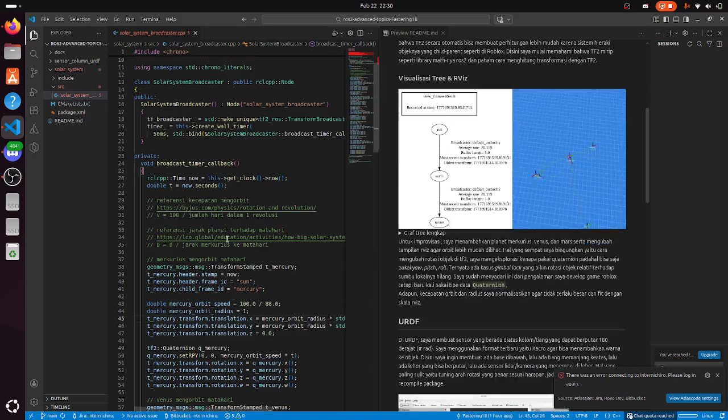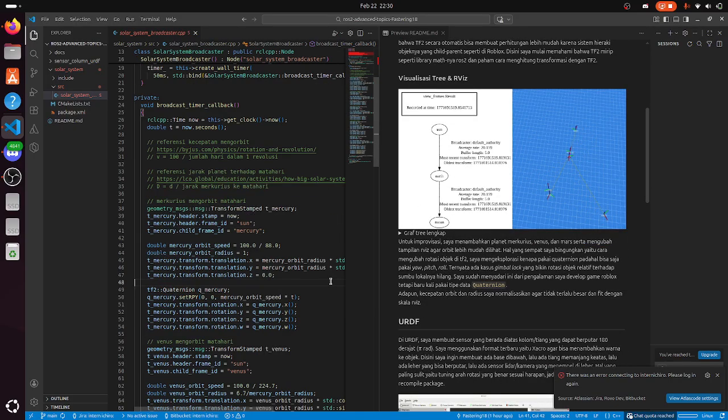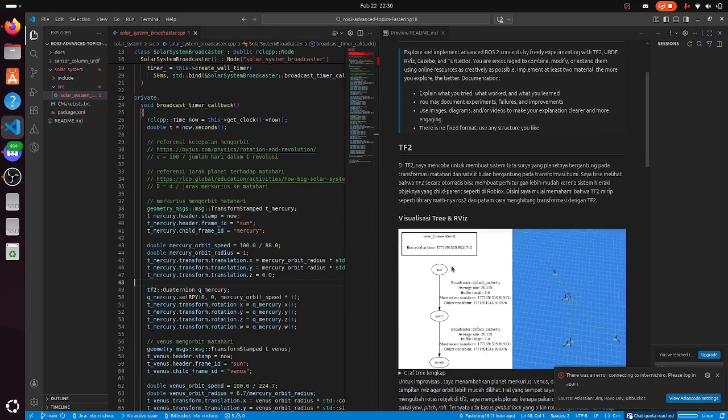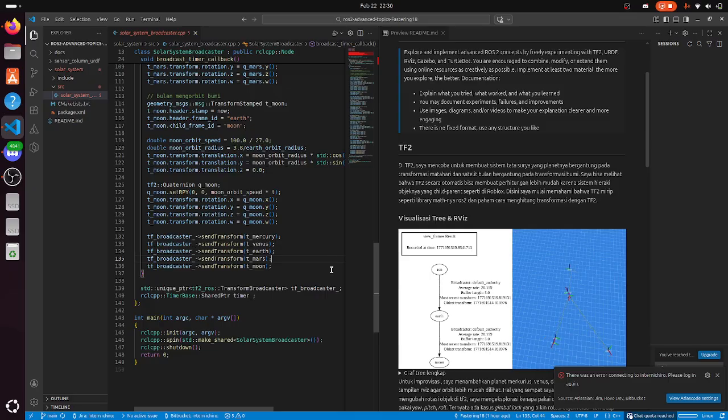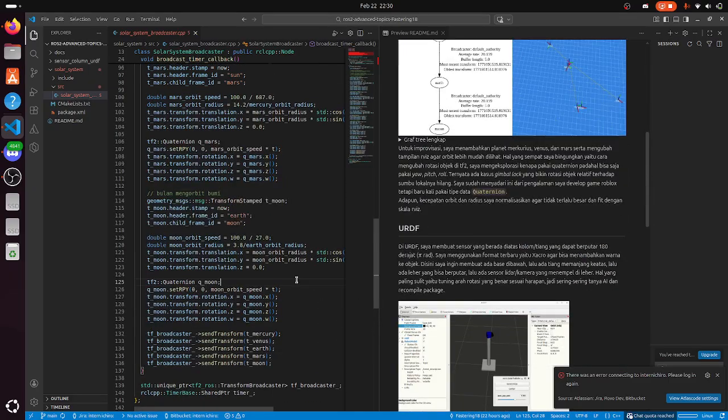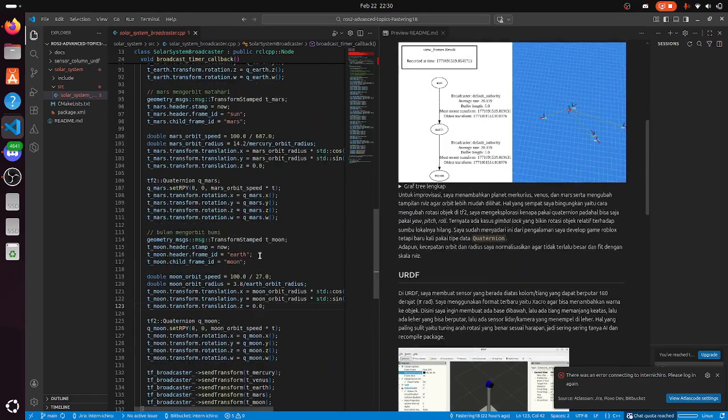So in the movement, I have a center point in the Sun. Then I create a sinusoidal graph with amplitude equal to the radius. This is the radius, and I multiply it with sin and cos, which is the parametric equation of a circle.